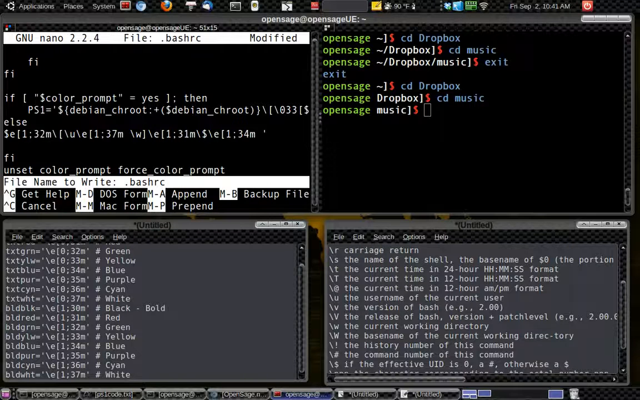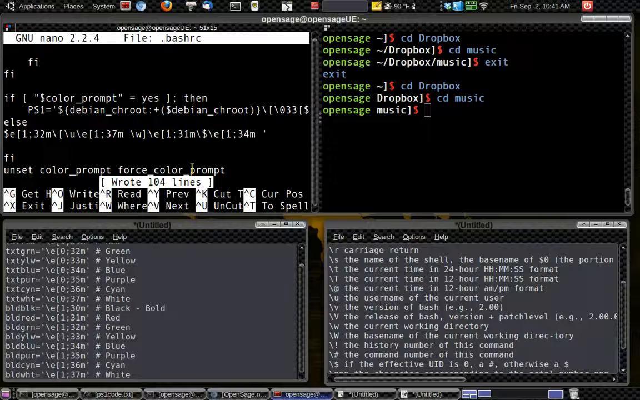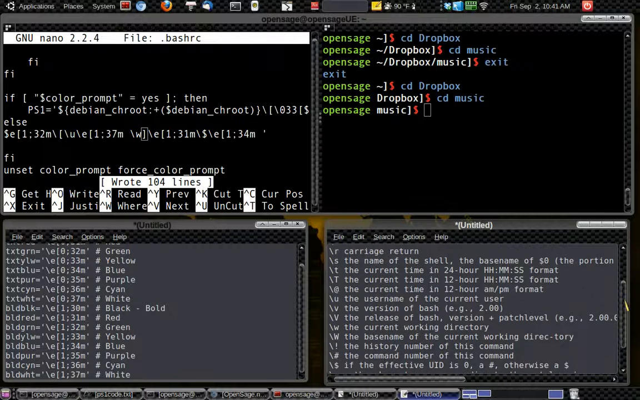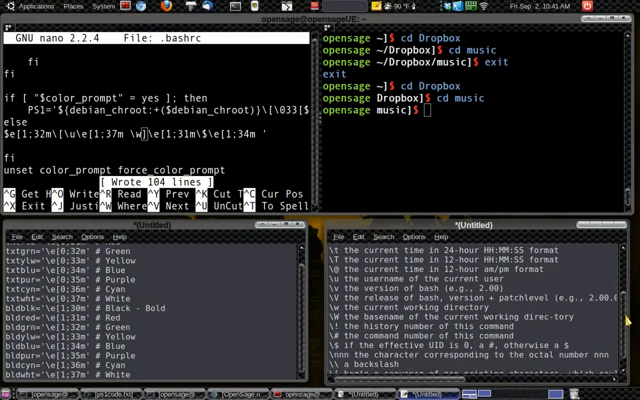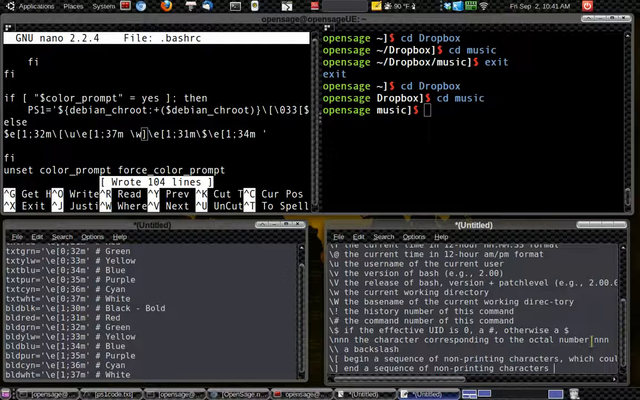So I'm going to Control-O, and I'm going to write to that file again. And you can look at all these different codes in this text editor down here, and you'll be able to find what matters to you and what you would like to have in your prompt here. Okay? Alright, we're going to end this here, and on the next video,